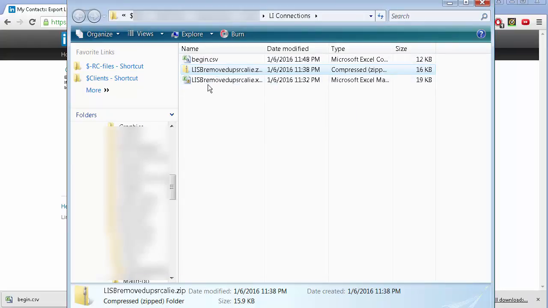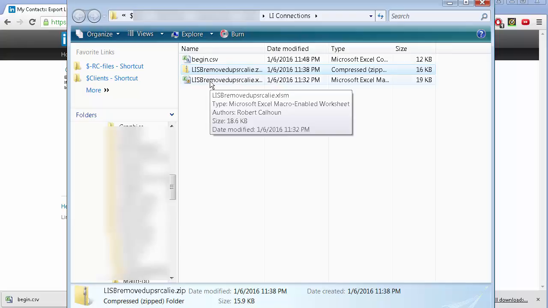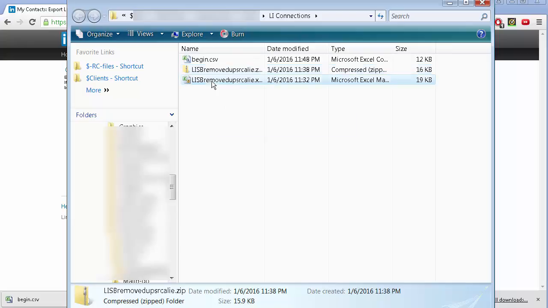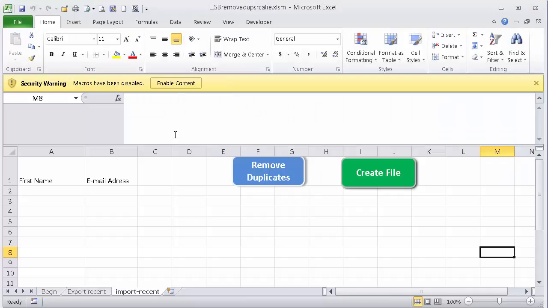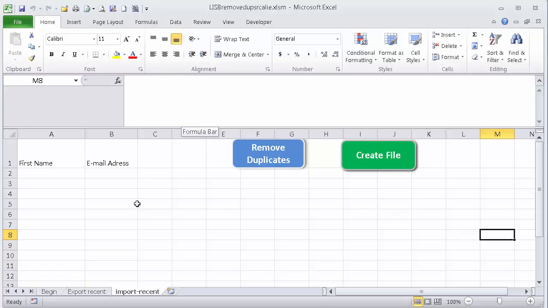So now what we'll do is double click on that and open it, and you're going to have a warning. It'll say, well, first of all, it'll say that this came from the internet and it's in protected view. So you click enable editing, and then it'll say macros have been disabled, and click enable content. Okay,